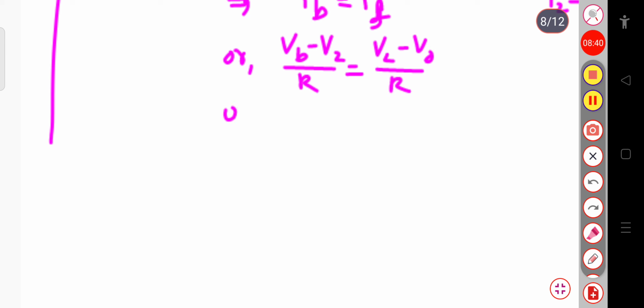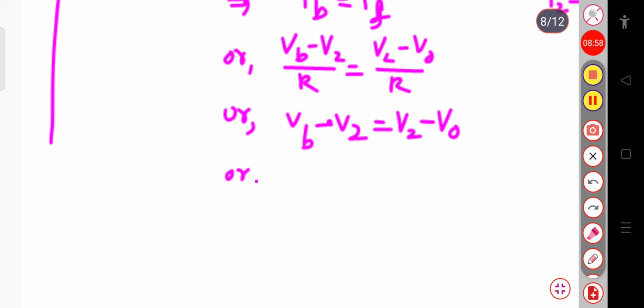Now we can write VB minus V2 equals V2 minus VO, or simply VO will be equal to